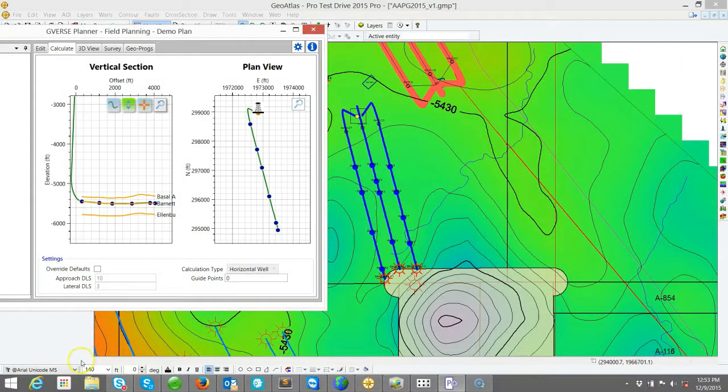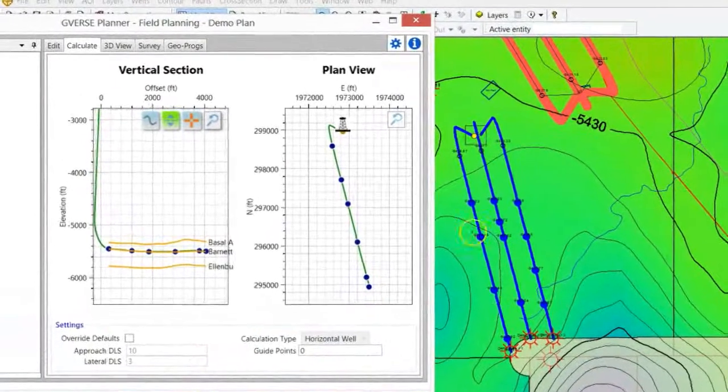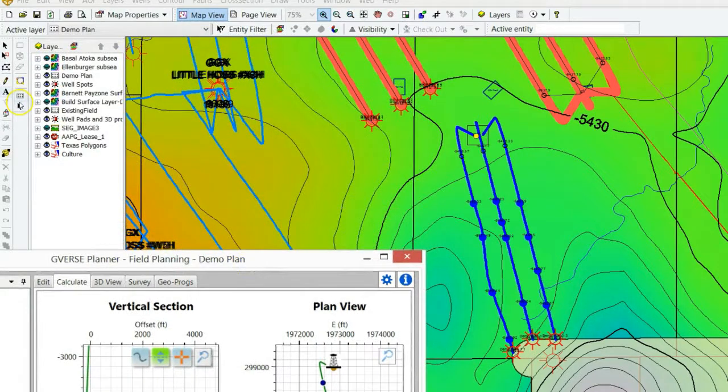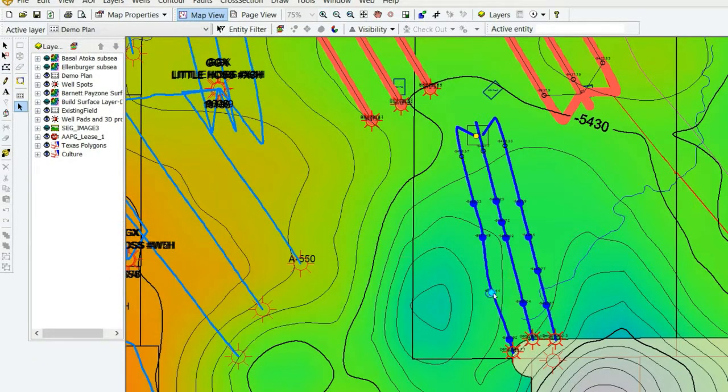The great thing about Well Planner is that it works real time with you. So for example, watch the map. I have the target points and these are all my deviated wells now. If I go ahead and move a point over here, it automatically updates on the map for me. At the same time, if I want to pick it up on the map and move it, it goes through Well Planner and then updates the trajectory and updates the map for me. So now I can visually see any hazards that might be in the way and plan my wells much more